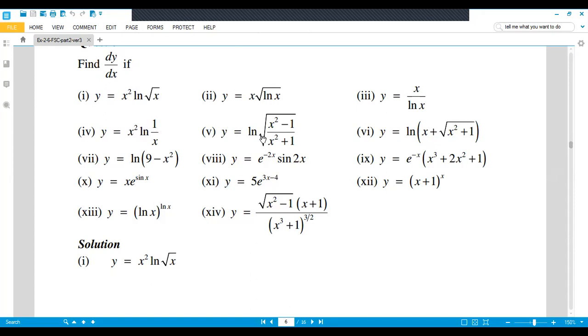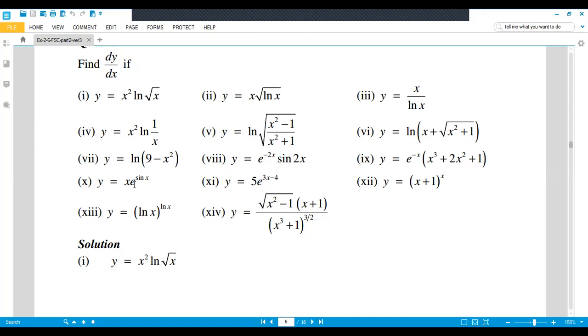And in the fifth part, first you apply the natural log. The derivative of natural log, you know, is 1 over that value, and then you take the further derivative of this value. So here you have been given a single function, again you apply the natural log and then take the further derivative of this value, and here again 1 over that value and then the further derivative of this value. Here these two functions are given in the form of products. You apply the product rule.